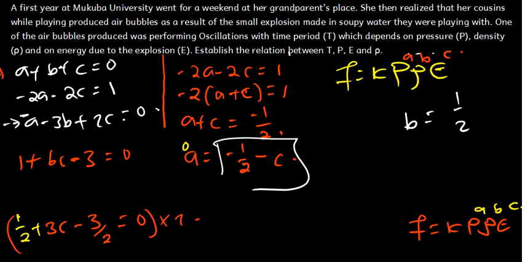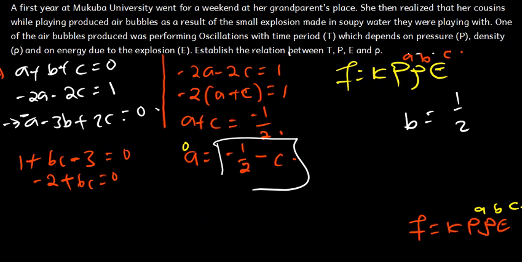So we have now 1 minus 3, which is going to give us negative 2 plus 6c is equal to 0. So we want to find the value of c. So we are going to say that 6c is going to be equal to negative 2. Let's divide both sides by 6. So our c is going to be equal to